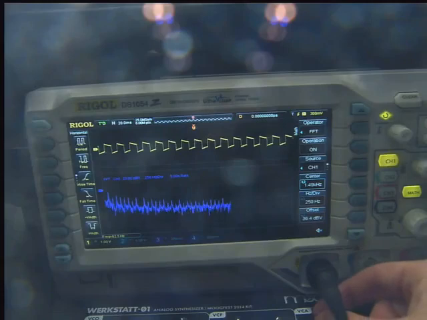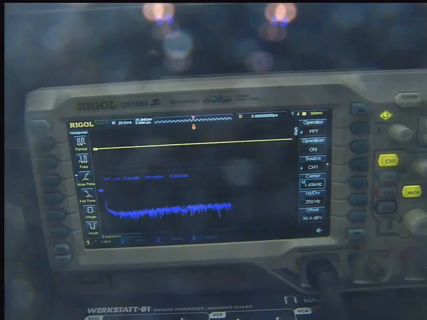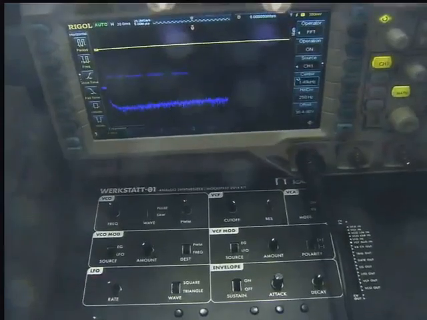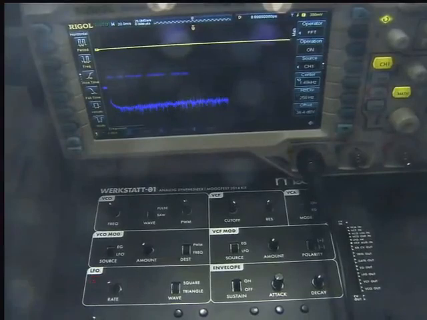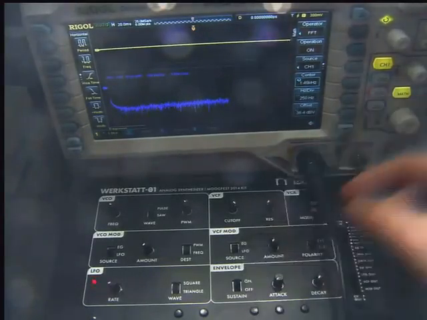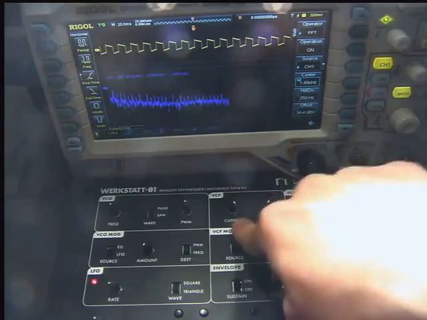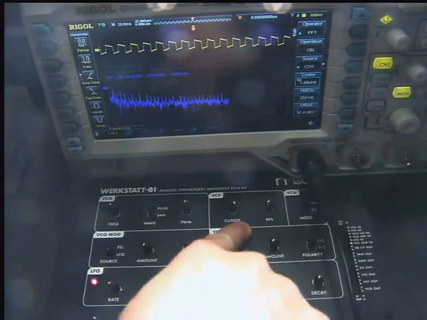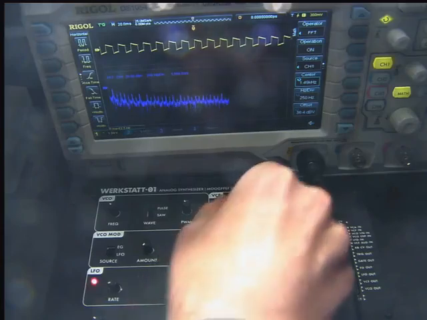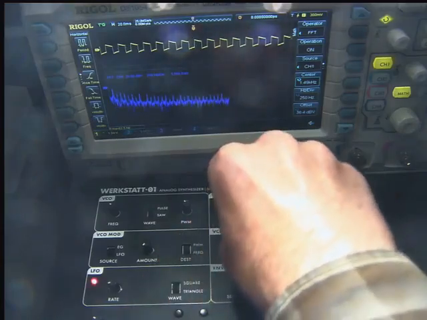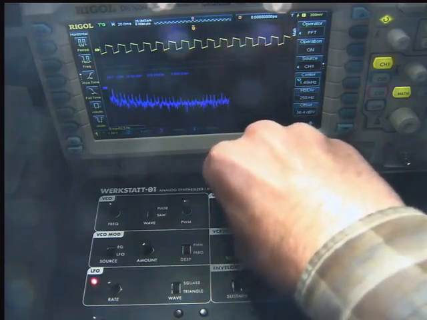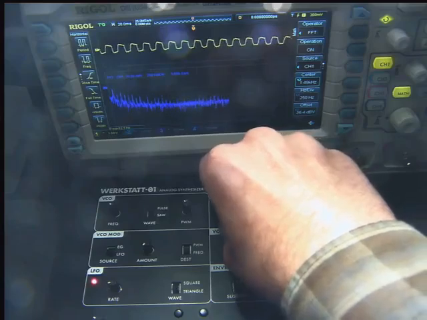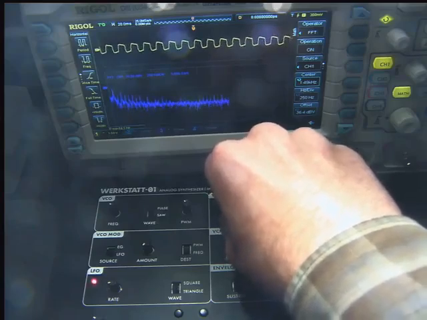Okay, so with that, we'll take a look at what the VCF does as well. Now we're going to take these raw waveforms from the oscillator and start filtering them a little bit with our voltage-controlled filter. As we can see, the cutoff is all the way to the right. We're going to slowly sweep this down, and see what happens to the signal when the cutoff frequency of this filter is brought lower and lower. So I'm going to sweep that knob now. There we go. That's a little easier on the ears, isn't it?